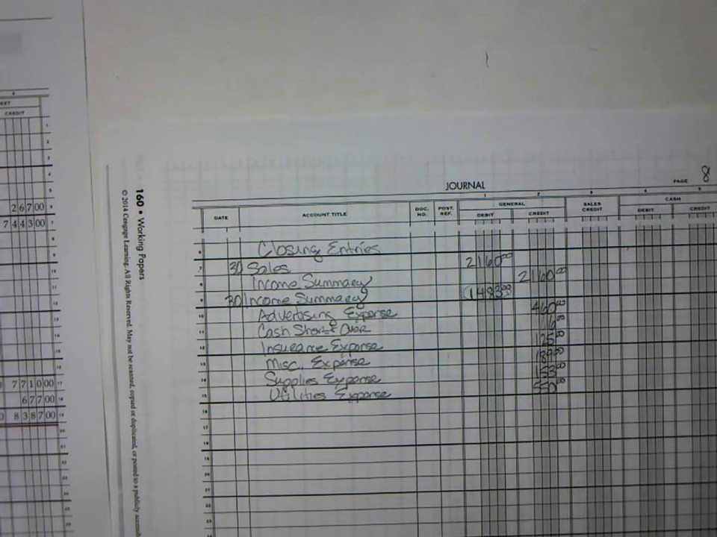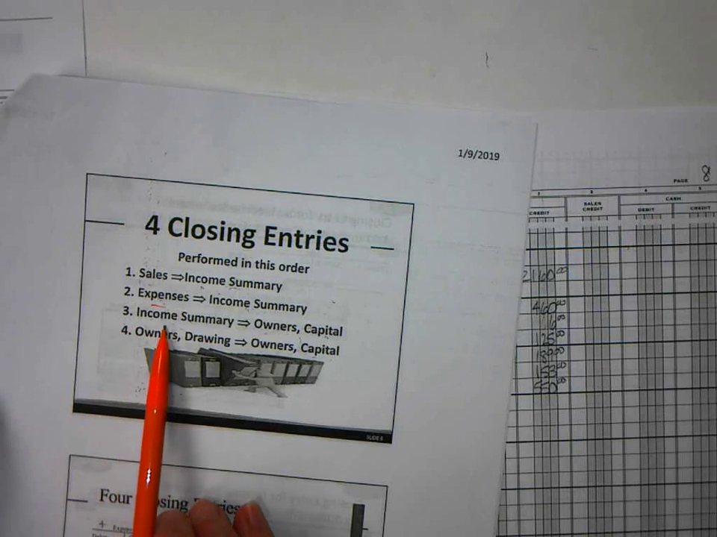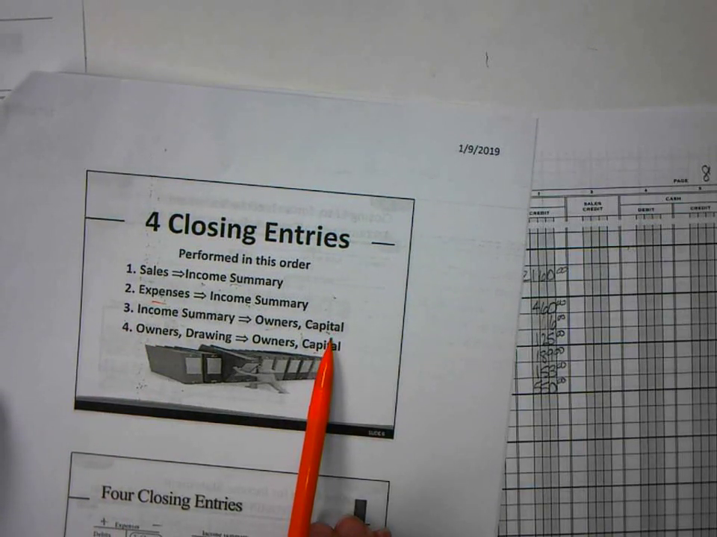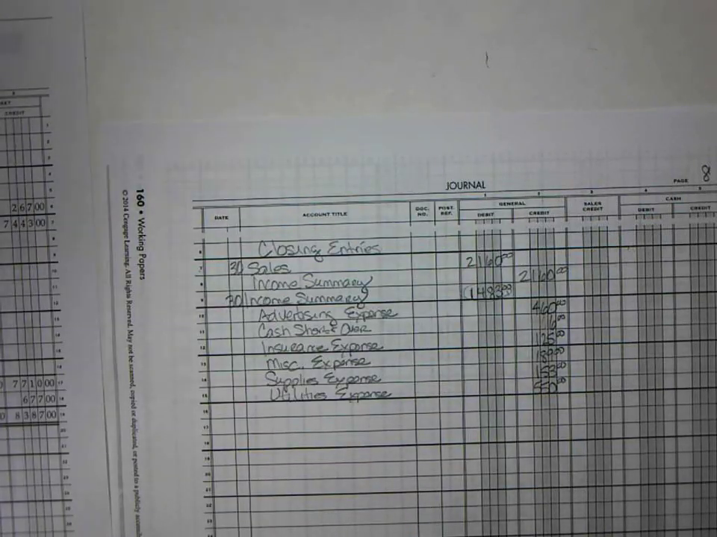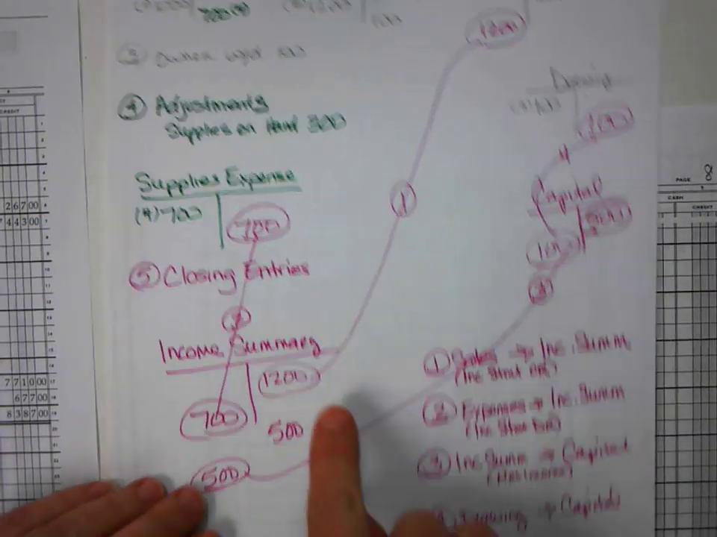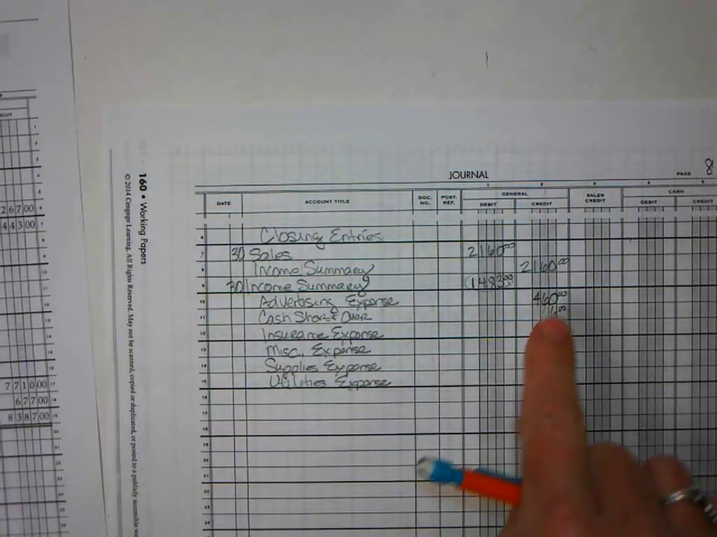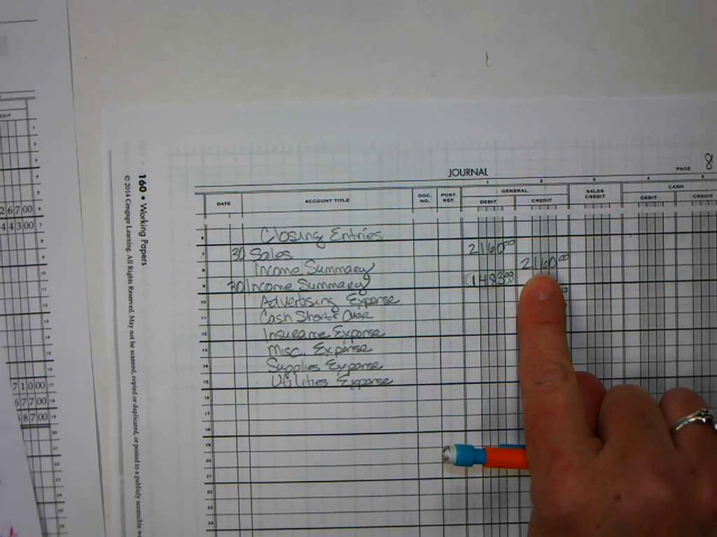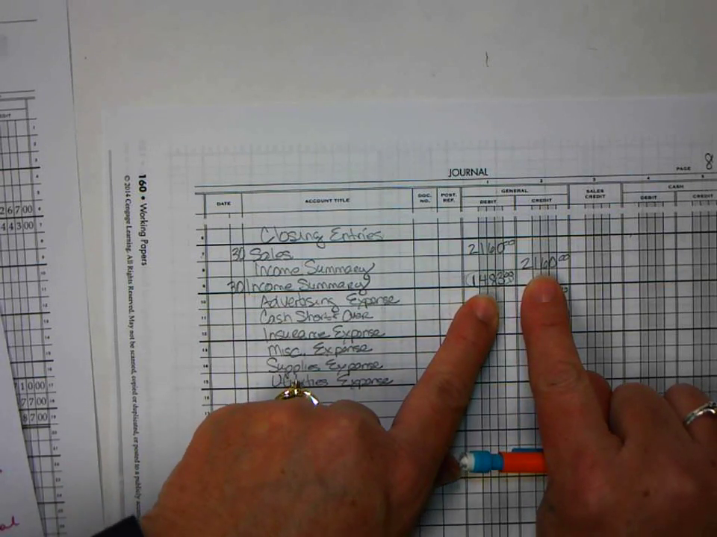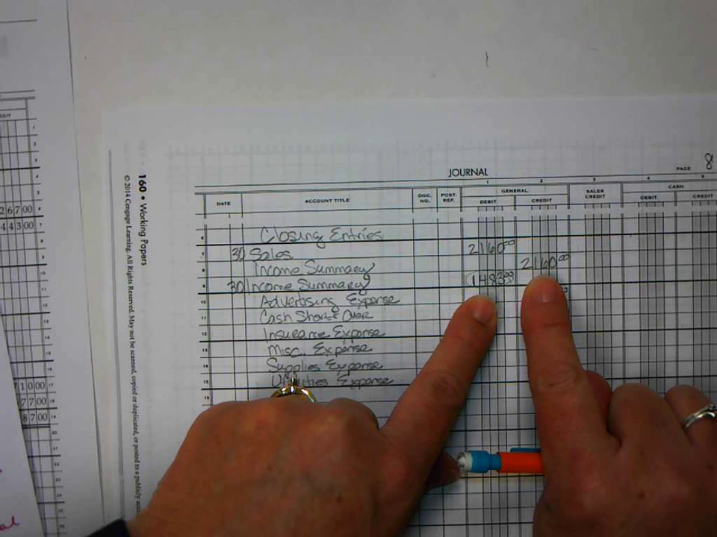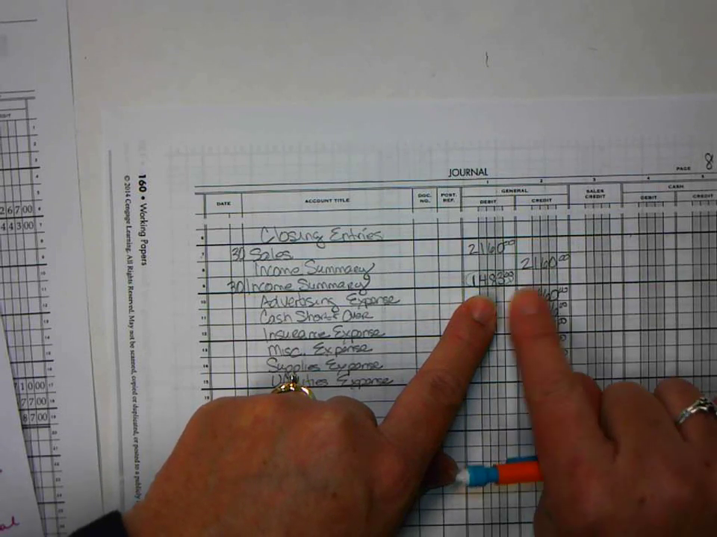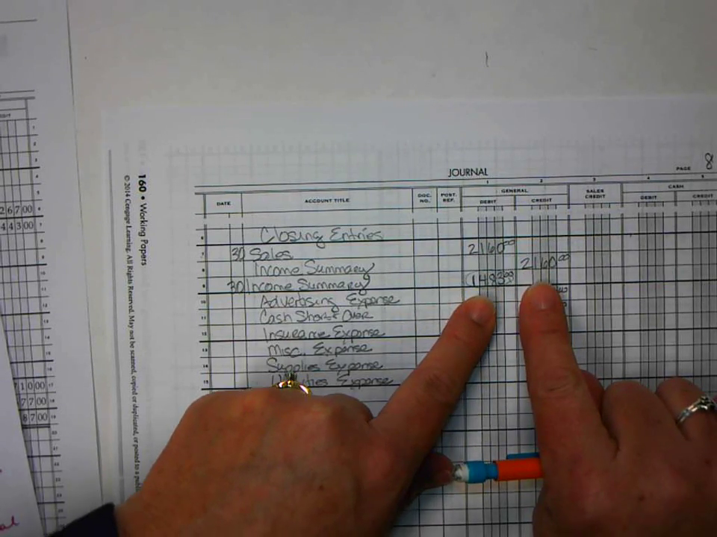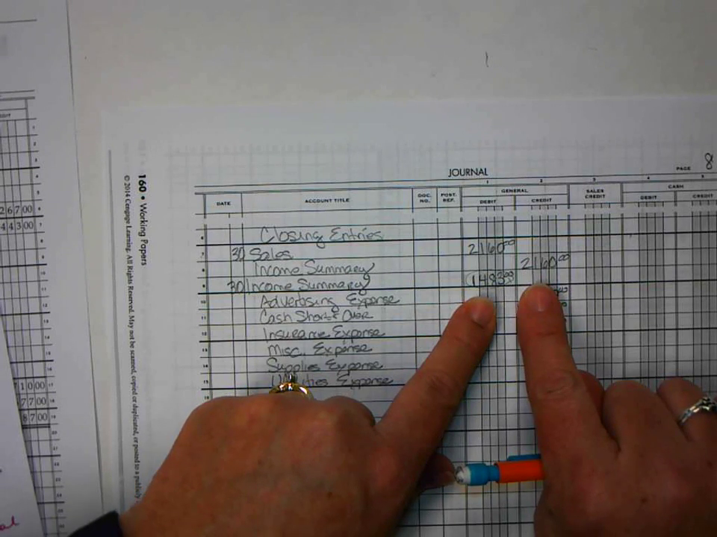Okay. So the third entry is income summary into capital. All right, so this is where you kind of have to think about those buckets, the T's here. We've put into income summary a $2,160 credit and a $1,483 debit. So what's still in income summary? The difference. Okay, so to do the math,